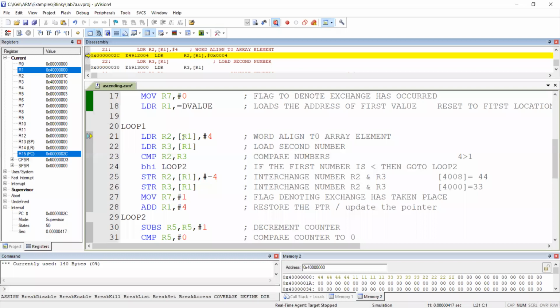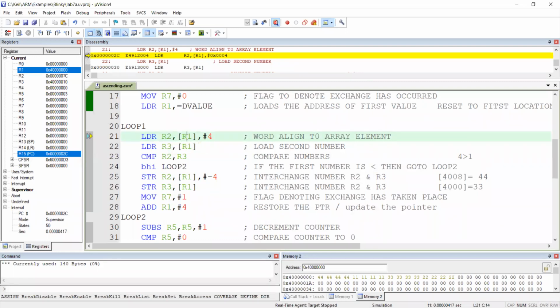See here, if you assume this as 4000, bracket of 4000 means pointer. You go to the 4000 location. Now question, if you have a B, a byte, take only one location. If you have an H, take these 2 locations together. If you don't have B and H, take all 4: 1, 2, 3, 4. So what happens here in R2? 4, 4, 4, 4, the 4 will be copied.